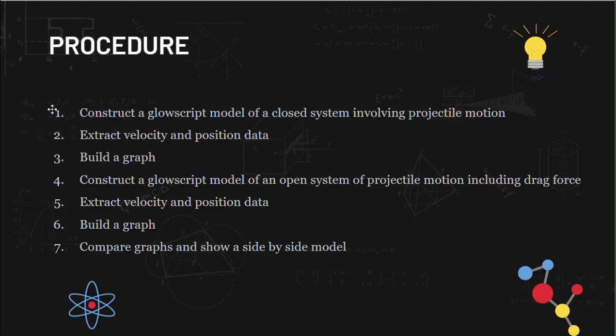So the procedure I'm going to use for this is I'm going to construct a closed script model of a closed system using projectile motion with no drag, get the velocity and position data, then build a graph. Then I'm going to make another model of an open system that includes drag force, get the velocity and position from that, build another graph, then I'm going to compare the two graphs to see which one can actually travel